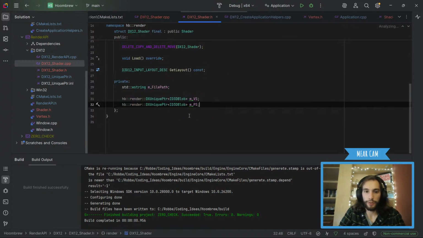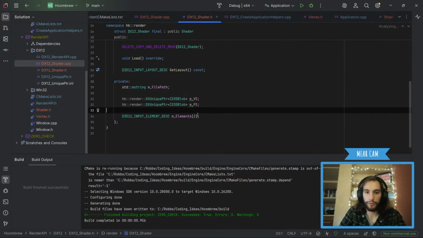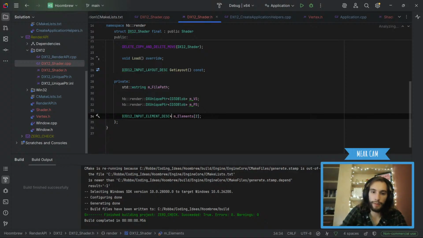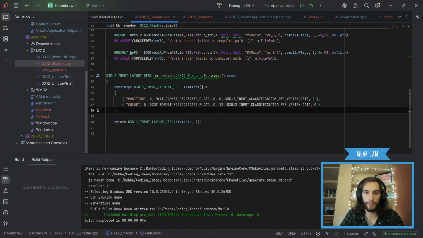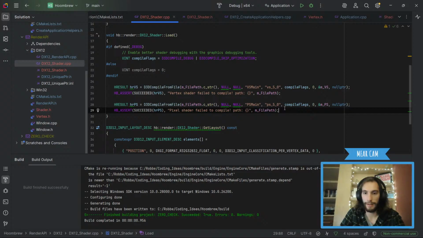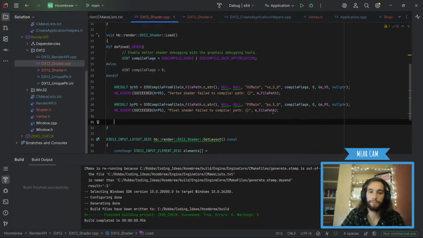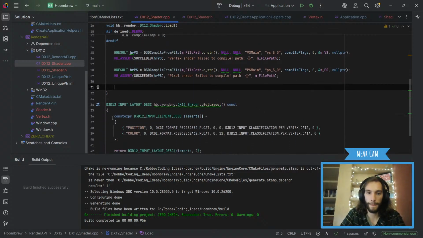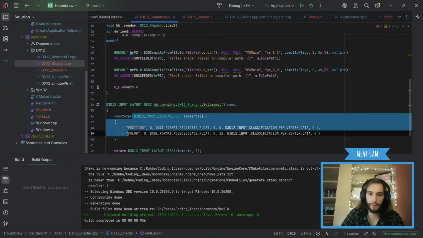So how we're gonna do that is we're gonna do an array like that. And we should probably make a dynamic array out of it, but oh well. And then we're gonna say elements equals this.